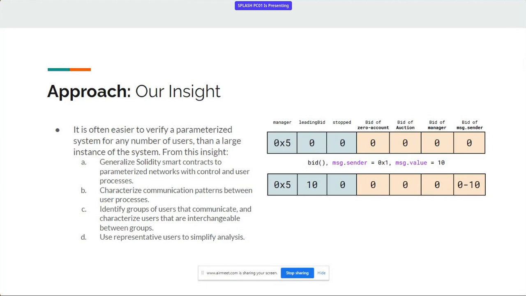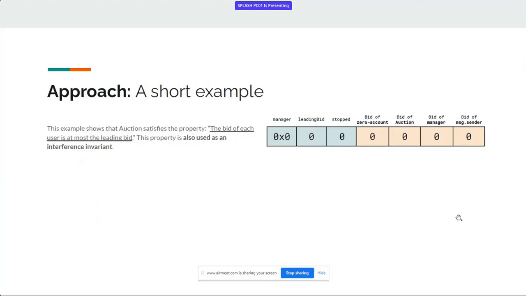We're not just going to use that kind of abstraction, but for the sake of this example, let's just think about an interval. And to understand how this actually helps with verification, let's look at a specific example. So we're going to try to prove that the bid of each user is at most the leading bid, but to do this, we're going to have to provide some